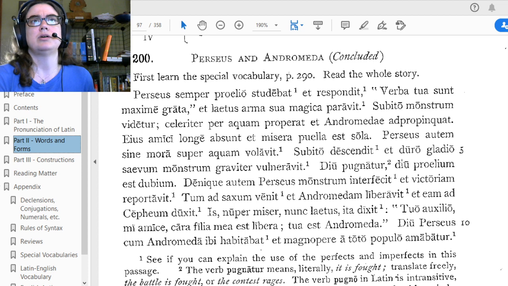Eis amici longe absunt, et misera puella est sola. Perseus autem sine mora super aquam volavit. Subito descendit, et duro gladio saevum monstrum graviter